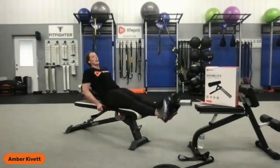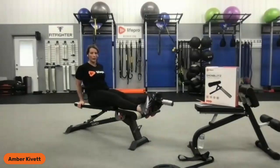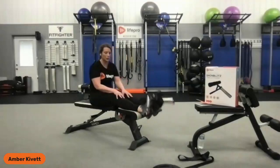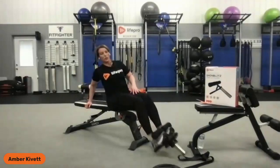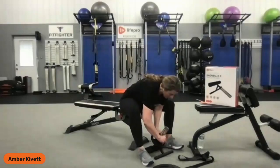Multi-joint. Now, if I slide back on my bench and have my ankles supported, now I'm only working through the lower leg and into the shin. All right? So that's 5 pounds. Now that's really challenging. I'm going to be honest with you. That is really challenging. So if we go into the next,